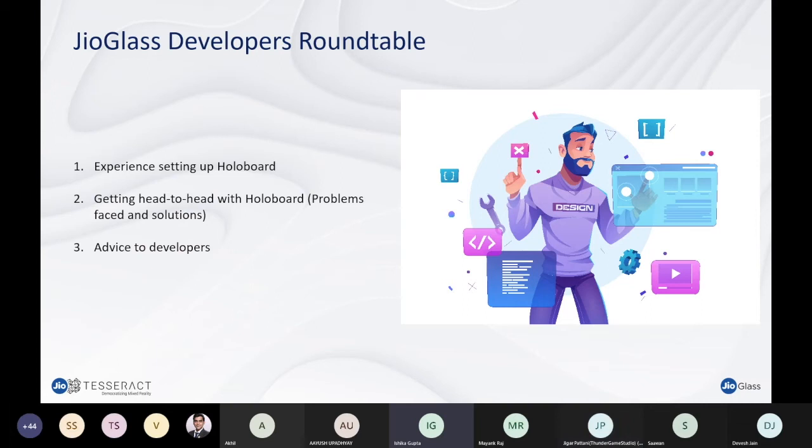Now I would like to introduce VK Samit from Born Monkeys studio. They have created this very fun game, Fruit Saver. For them, HoloBoard was very easy to work with, and once the HoloBoard was shipped to them, they were just trying out different applications and testing them on the emulator itself. So, could we talk about some of that experience, please.